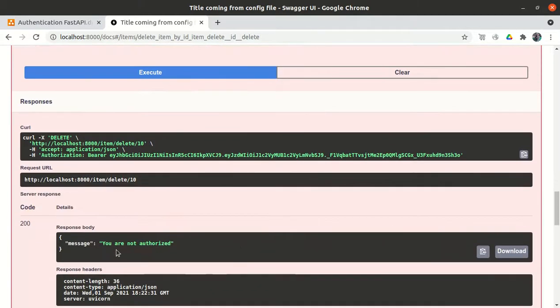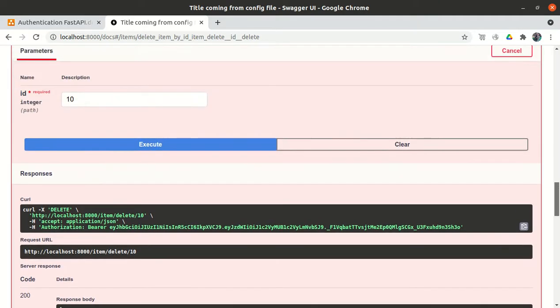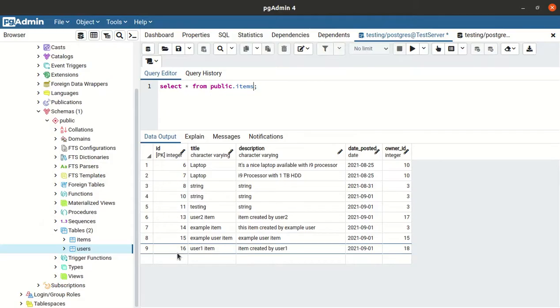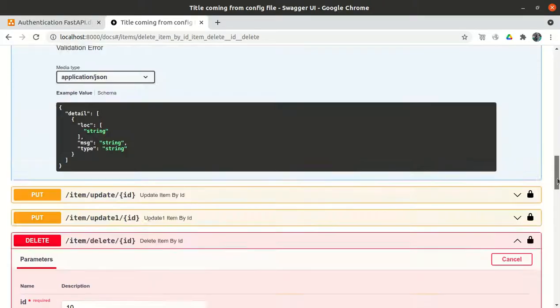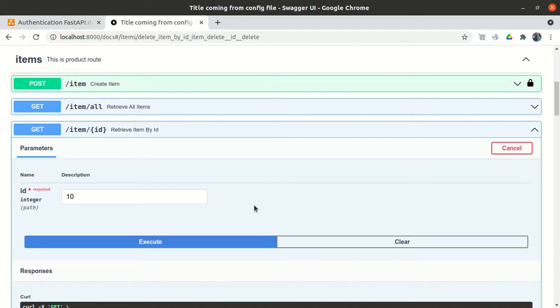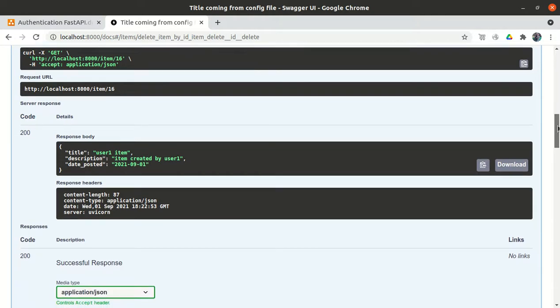So it says that you are not authorized, because I am user1 and I am trying to delete some other item which is created by another user. So we are not authorized. But if I try to delete item number 16, which is created by user 1 only, let's check whether item number 16 exists or not. So item number 16 exists, right?